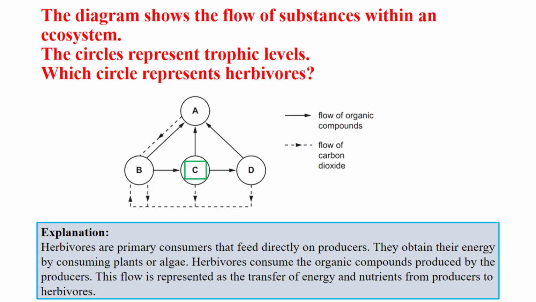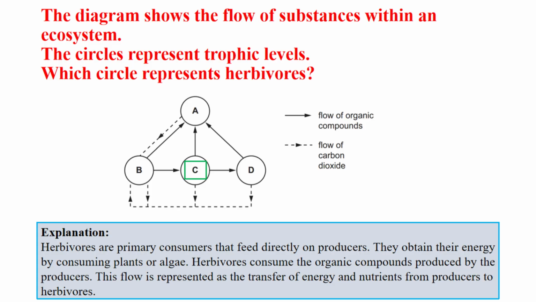Here's how it all connects. Producers use carbon dioxide to create organic compounds during photosynthesis. Herbivores then consume these compounds, and carnivores consume the herbivores. As organisms respire, they release carbon dioxide back into the atmosphere, where it's used again by producers. Decomposers also play a role by breaking down dead organisms and returning carbon compounds to the soil, which can be taken up by plants. This cyclical process ensures the flow of energy and nutrients through the ecosystem and maintains the